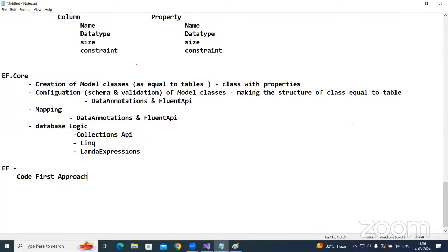Code first approach means code first. Create classes first, don't create the tables. In the traditional model, in the olden days, when you are developing